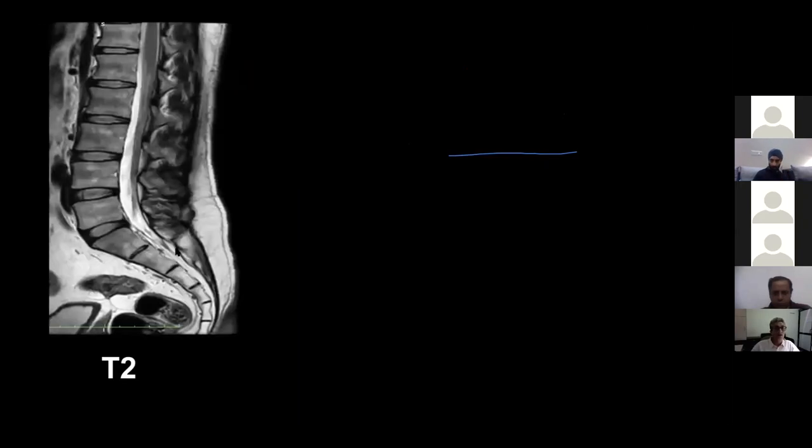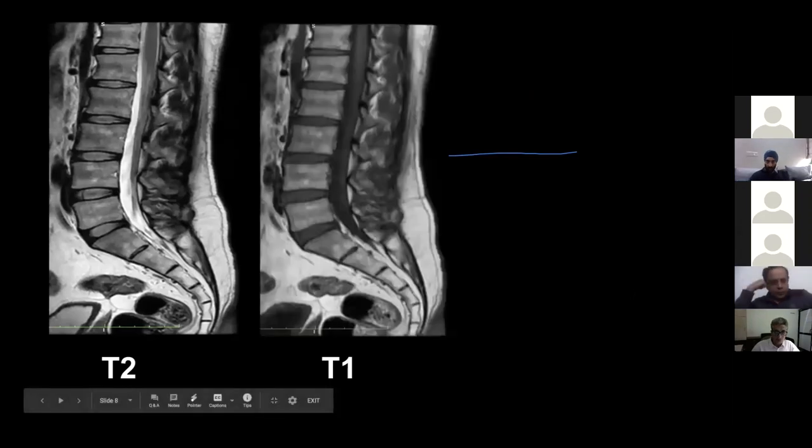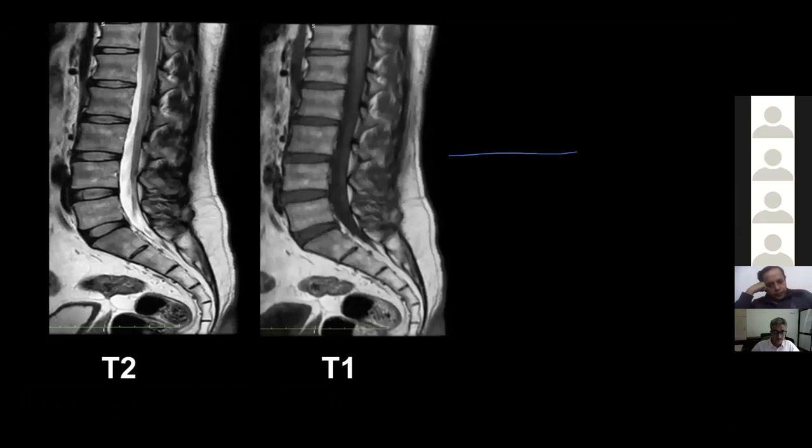Now this is a T2 weighted image. CSF is white in color. This is a T1 weighted image. CSF is black in color. Now this is the most important difference between the two basic sequences, that the clear fluid, that is CSF, is white in T2 and black in T1. Fat, this is the pelvic fat, subcutaneous fat, is white in both T1 and T2 WI. T2 is a slightly colorful image. T1 is a dull image, like a CT scan image.